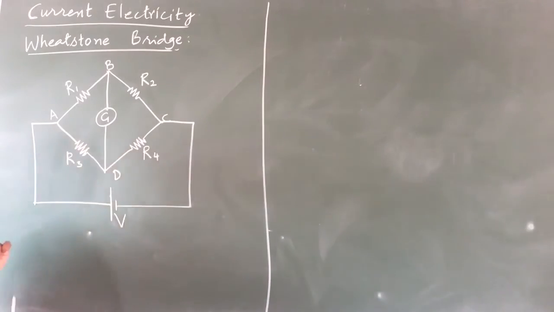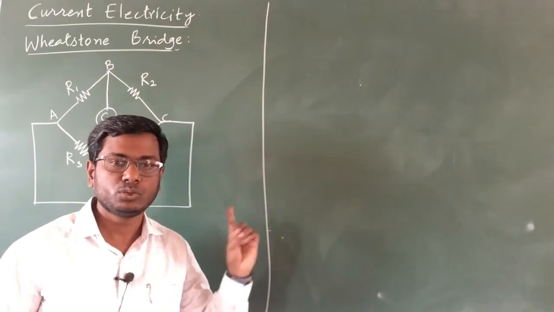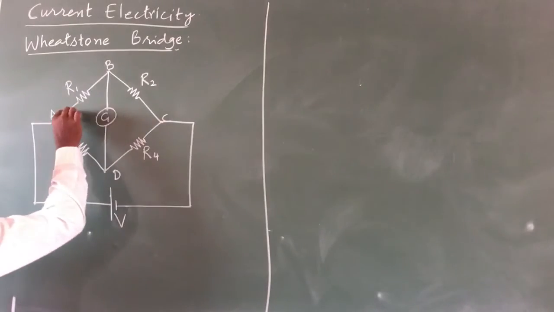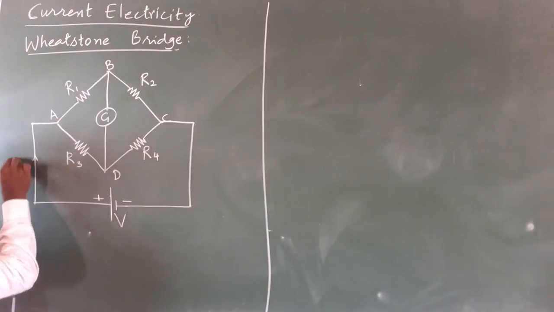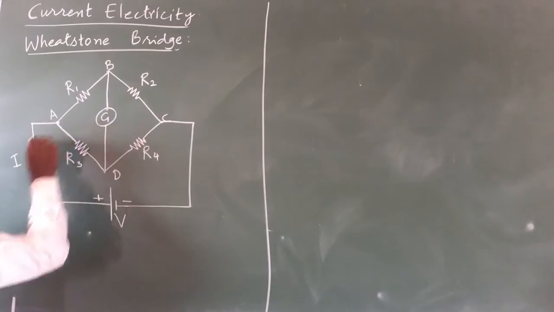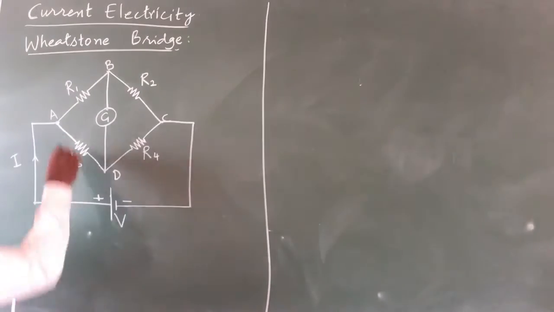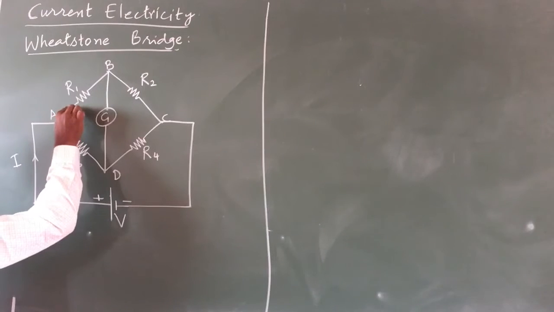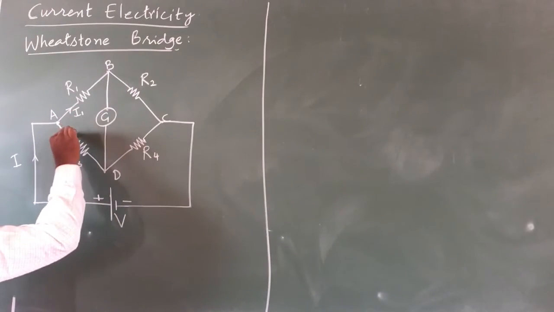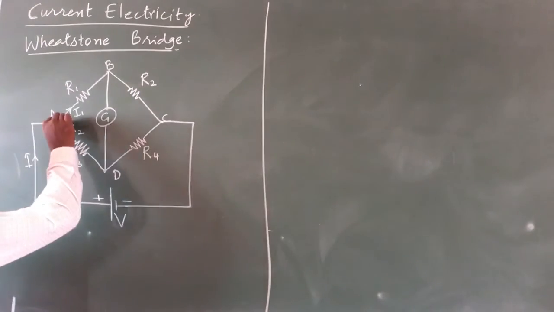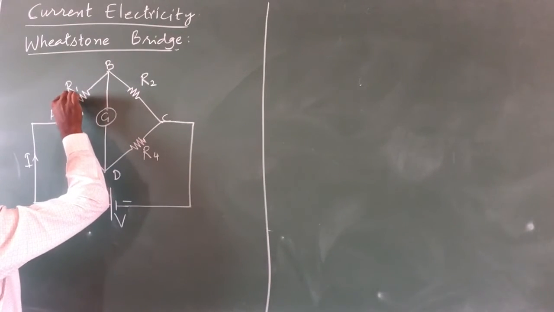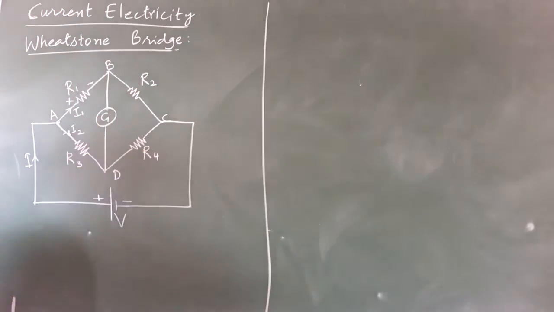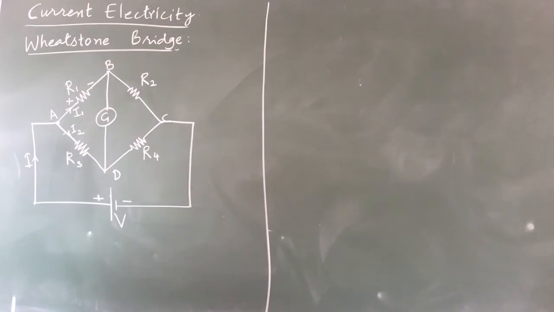Next thing is we need to give the sign convention to the resistors. So current will flow from the positive side of the battery. Let's take this current as I, and at this point the current is going to get divided. I will take the current which is going towards R1 as I1. Similarly, the current going towards R3, I will take as I2. From A towards B, the current I1 is going to cross this resistance R1, so I will put a plus sign and minus sign here. That is my sign convention for the resistor R1.